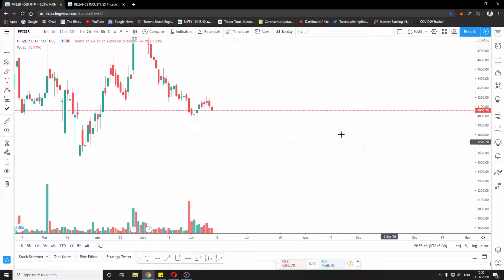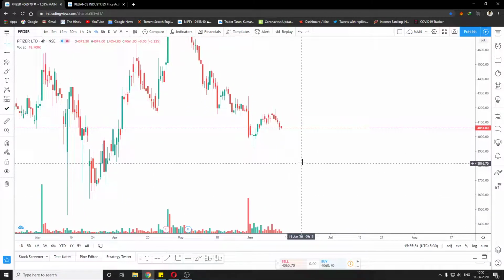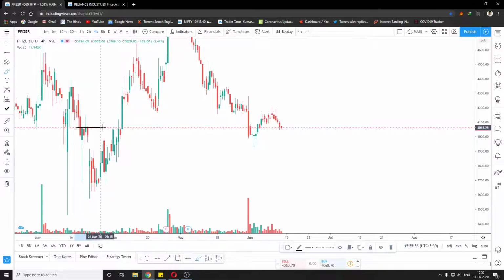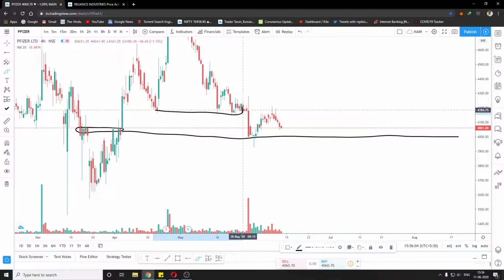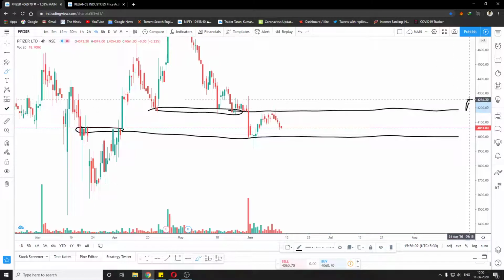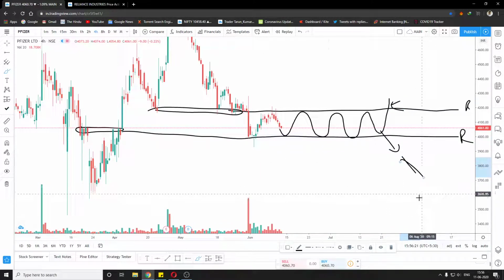But if we are, let's go to a 4-hour time frame. So if we are looking to draw support and resistance, it is very easy: this was earlier resistance, so now this becomes support, and this point was earlier support, which is now acting as resistance. So this is our current range, and we have to wait for a breakout. If the market is sideways, we do not trade, and if there is a breakout to the top, we buy. If there is a breakout to the down, we sell.